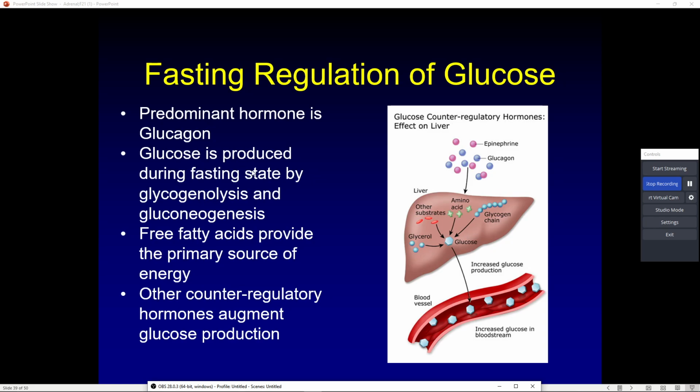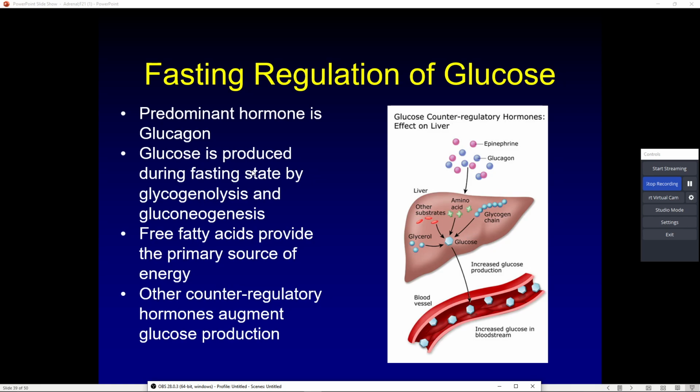So, when we talk about the fasting regulation of glucose, we're talking about glucagon. Glucagon is something that we're getting from the liver, not the pancreas. Glucagon and glucose go hand in hand. So what we have is a fasting state that occurs, and when we look at a patient's labs, we're potentially looking at fasting glucose, and also we probably look at A1C. They do tell you something different, though.